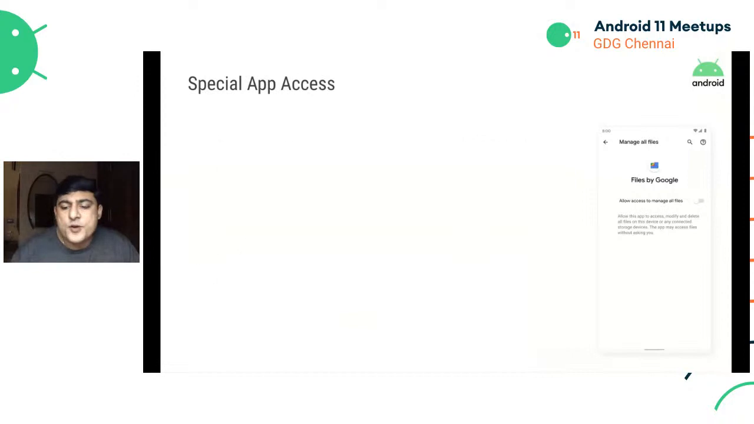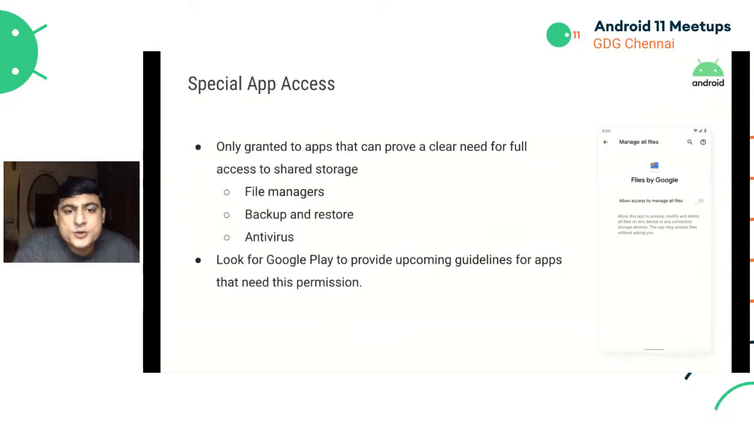But there are some files which require, like a file manager or backup and restore apps, antivirus apps. These are all apps that really require full access to the storage. So we have introduced a new permission for that, but that permission is gated behind a Google policy. So applications will not be able to add that permission and get access to all of it just by adding the permission. It also has to basically abide by those Google Play policy